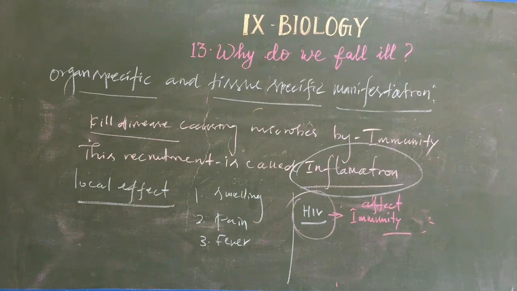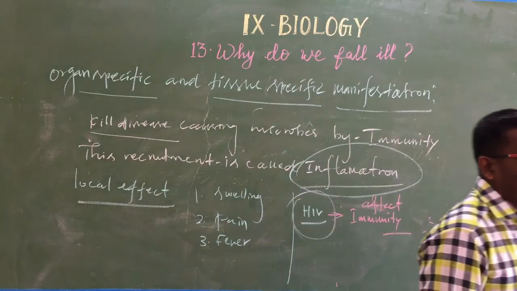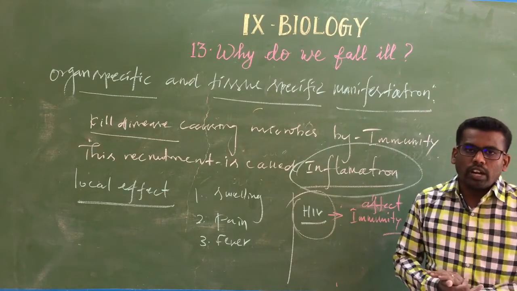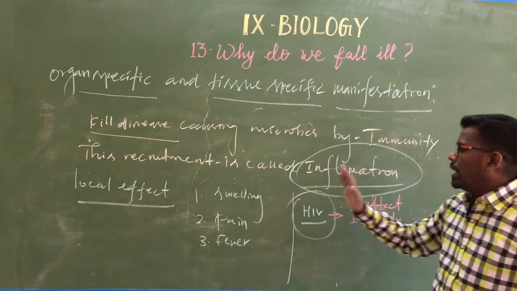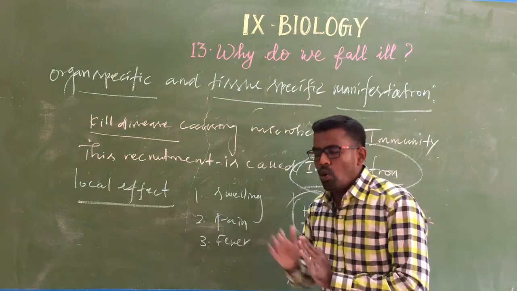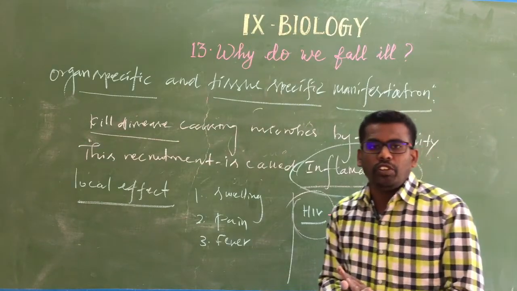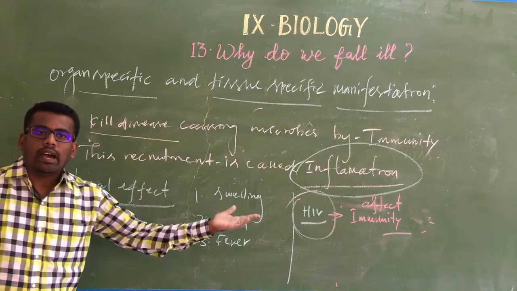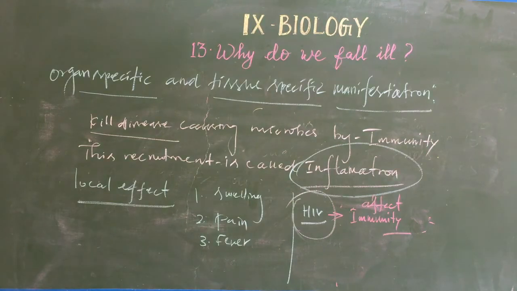When the microorganism enters the human body, automatically our immune system is activated, and the immunity power will resist the microorganism and finally kill it. This response is called inflammation. How do we know the process is happening? There are local effects. The first effect is swelling, and then pain and fever. So these are the local effects by which we can decide that something is happening, that some immunity power we have. This is organ specific,